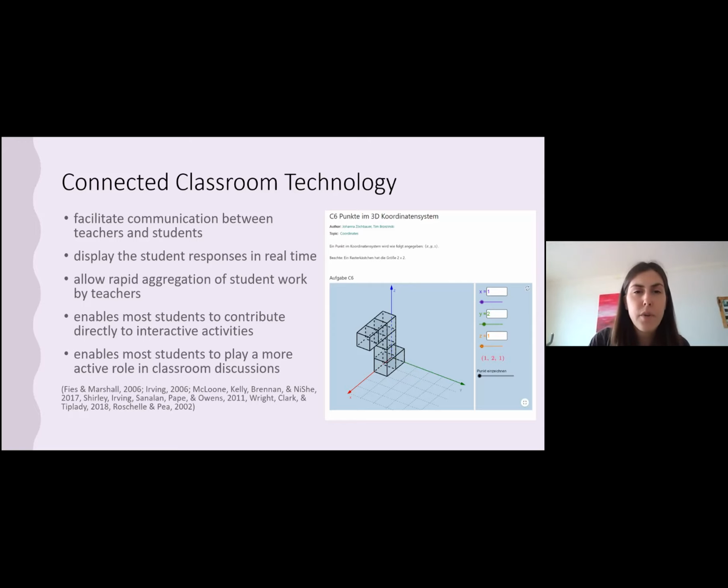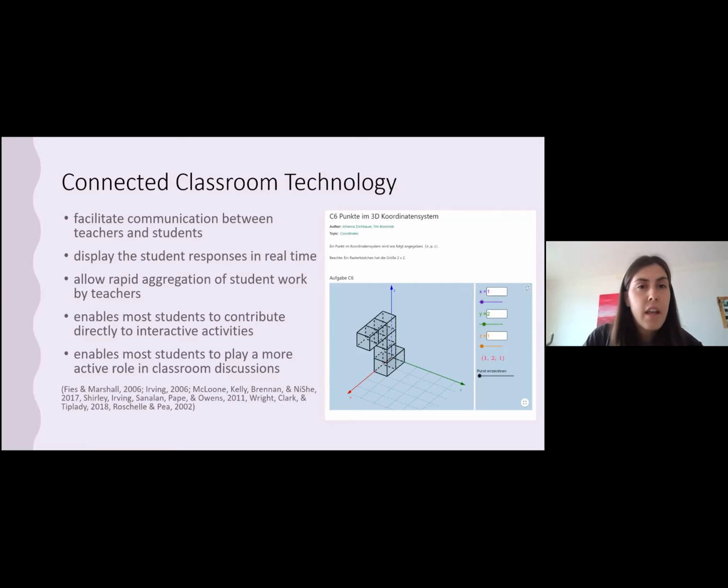It offers a broad range of innovative features, such as facilitating communication between teachers and students, displaying the students' responses in real time, allowing rapid aggregation of student work by teachers. Moreover, it enables most students to contribute directly to interactive activities and to play a more active role in classroom